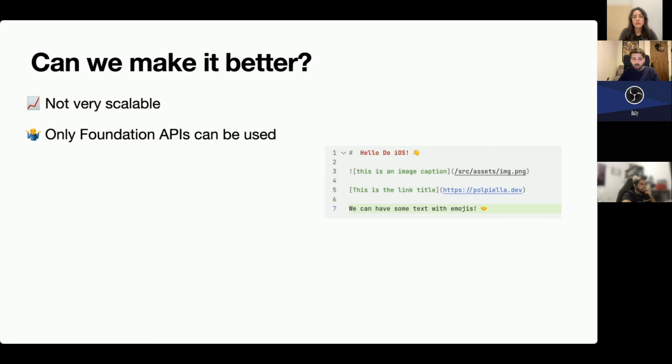And what this meant is that I wanted to do some Markdown modifications because, as you can see on the right, there's images and there's titles, and the URLs were being counted, but they're not really shown to the user. So I wanted to improve this, and I wanted to use a library distributed by Apple, but I just couldn't because I could only use the Foundation APIs.